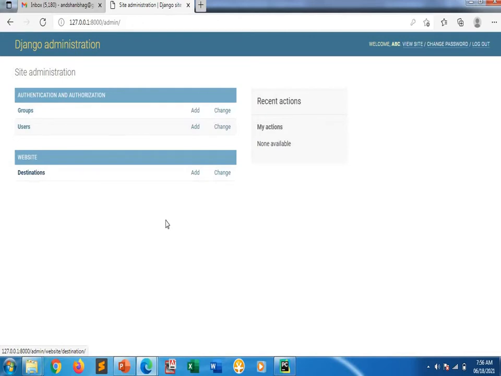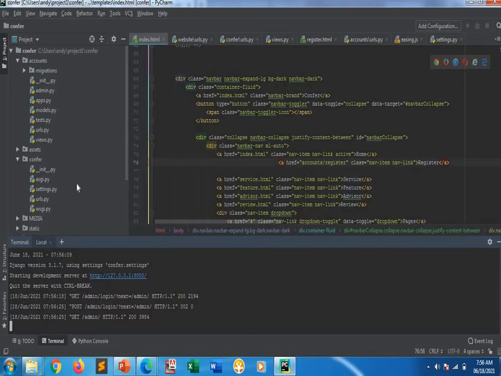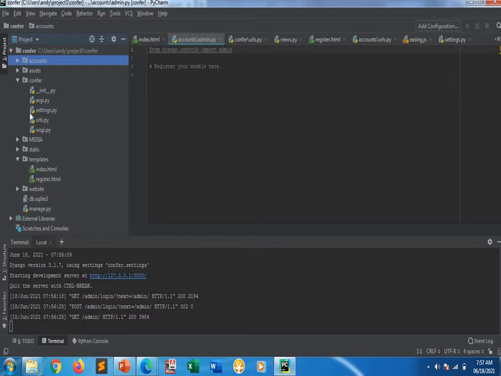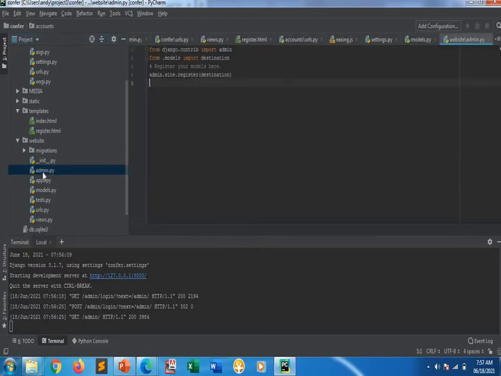For that, what I need to do, I should go to admin.py. So where is my folder? In website, I should go to admin.py. In website, I have the file with the name admin.py.